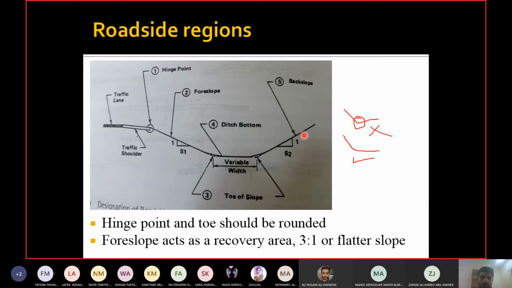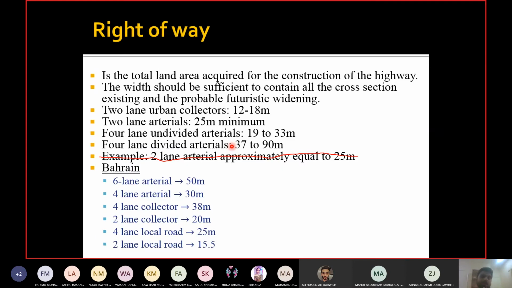Okay. And right of way, we have used this term earlier as well in chapter 14. This is the space required for the construction of all the elements of the road. It includes the existing elements or the elements planned for now, as well as for the future. So the road space, the right of way, should also include the space required for any future construction as well.